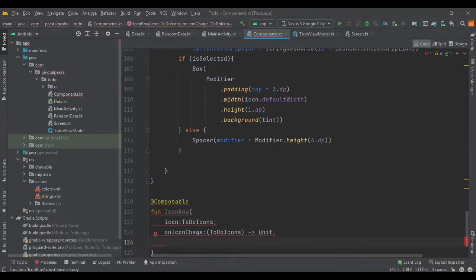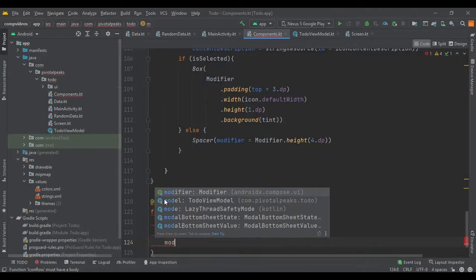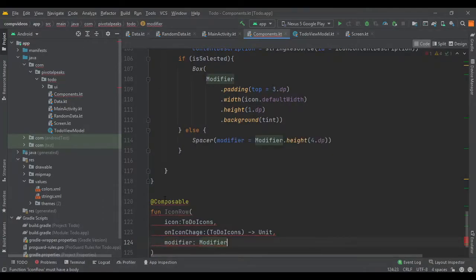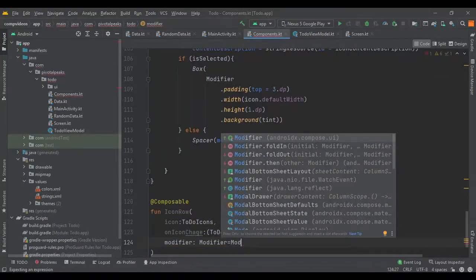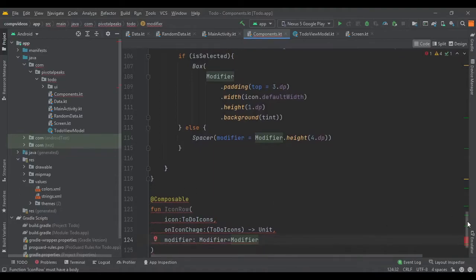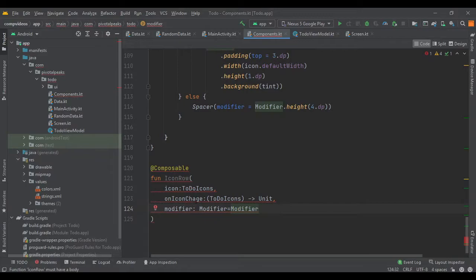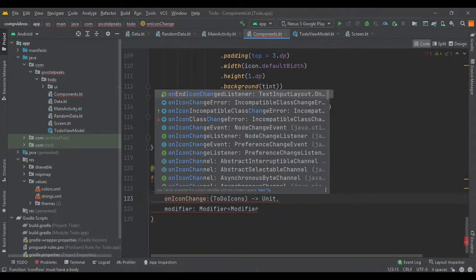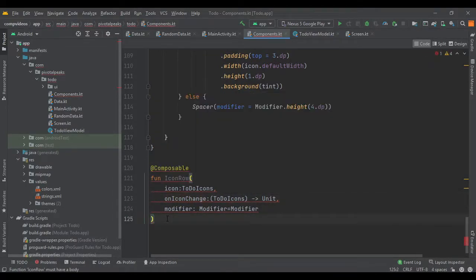And let's declare our third parameter, modifier equals Modifier.